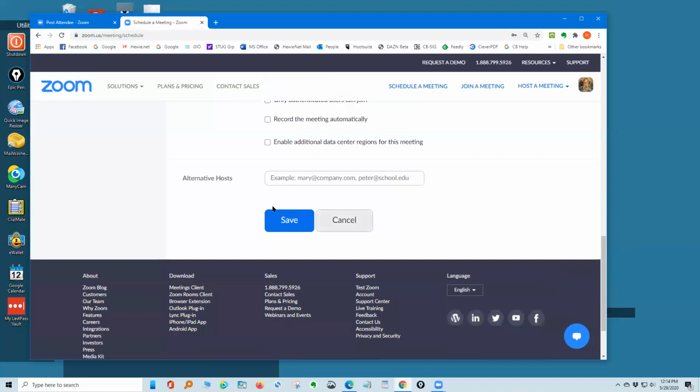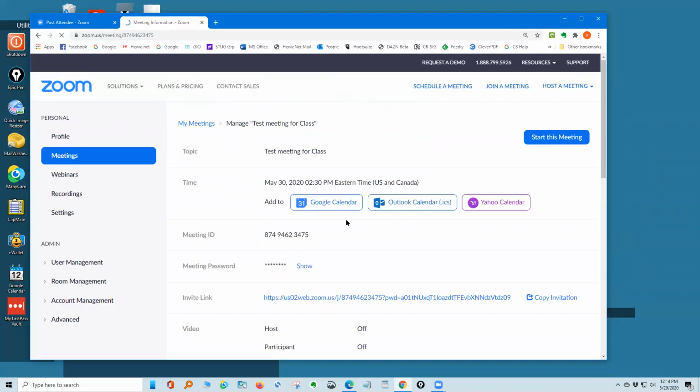It's a good question. Under alternative hosts, I've not played with this at all, but I understand you can put somebody's email address in, and I think you also have to register them in the account, and then they can be an alternative host. And then you just save it, and when you save it, it is now in my meetings. So if I go to my meetings,